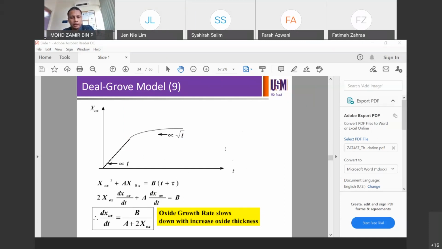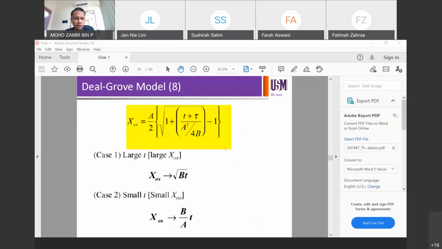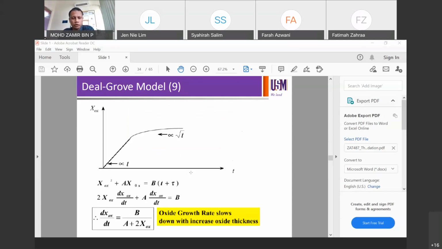So the moment you hit the turning point to the parabolic stage, it already goes into the parabolic model, where your reaction is actually limited by the coefficient given in the previous slide. Okay, so it will slow down because at this point,